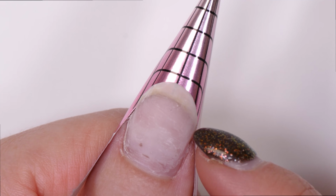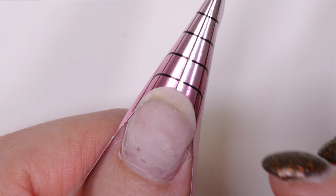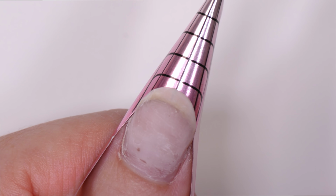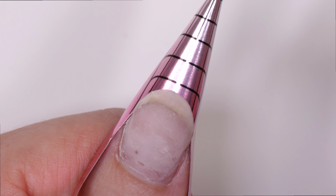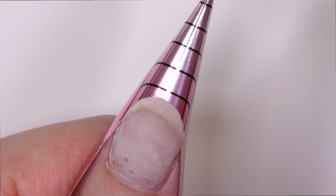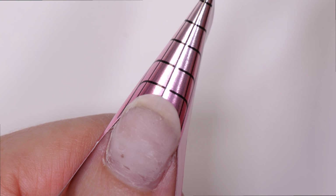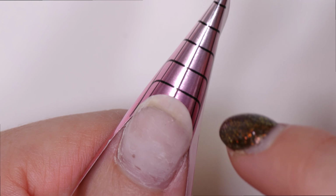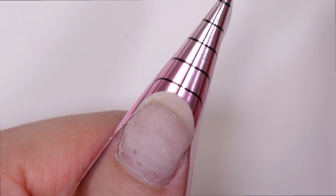And that just shows me that this inner side of my thumb, which often gets used to pry things open or to grab things, over time, usually our natural nail will kind of go in that way. It's almost like our natural nails get trained to grow in a specific direction based on pressures and lots of different factors. So when we put on nail forms, ideally we don't want to have this much nail